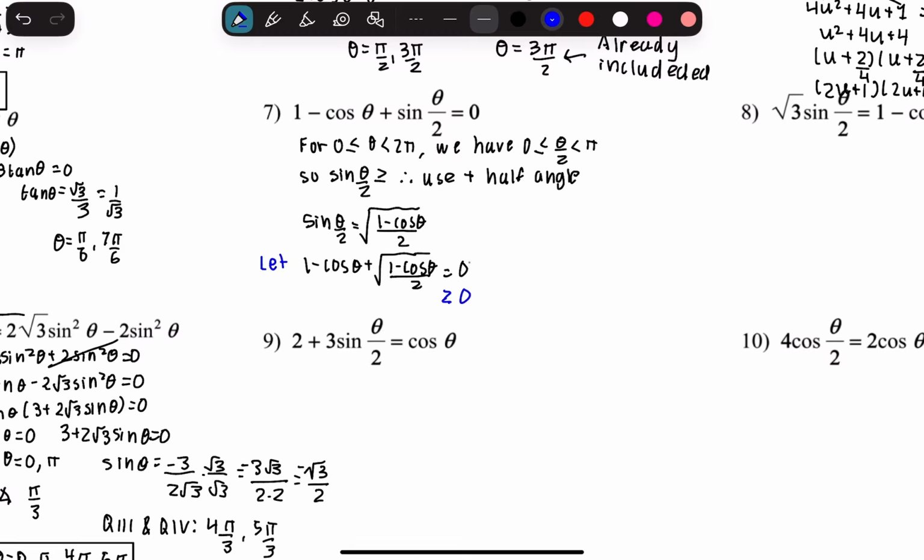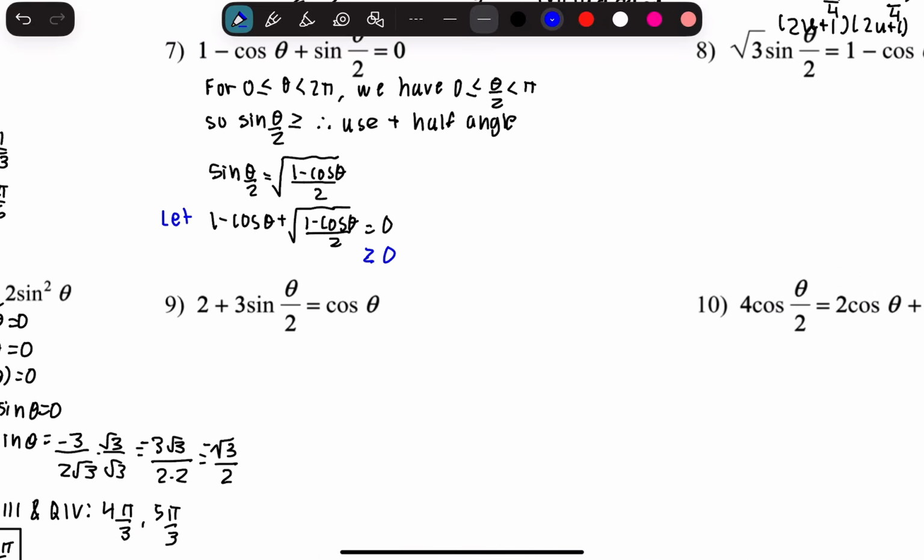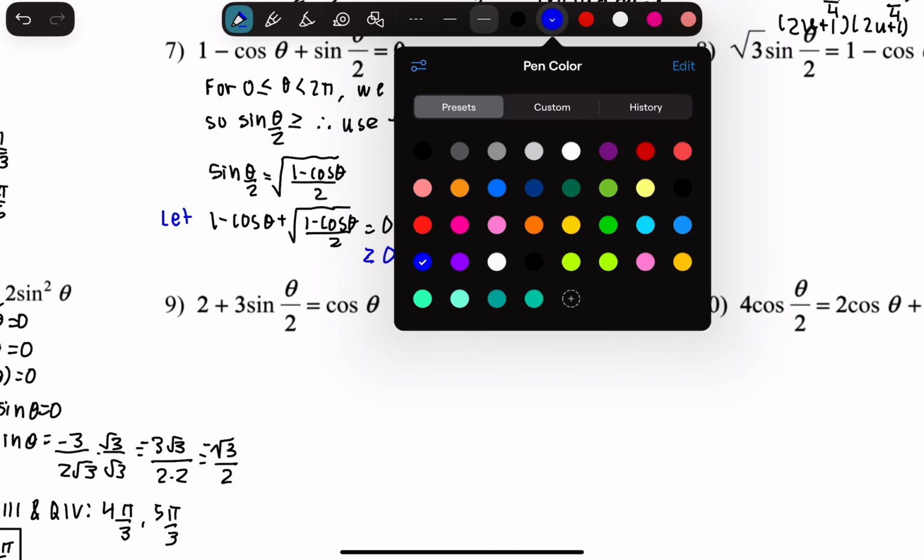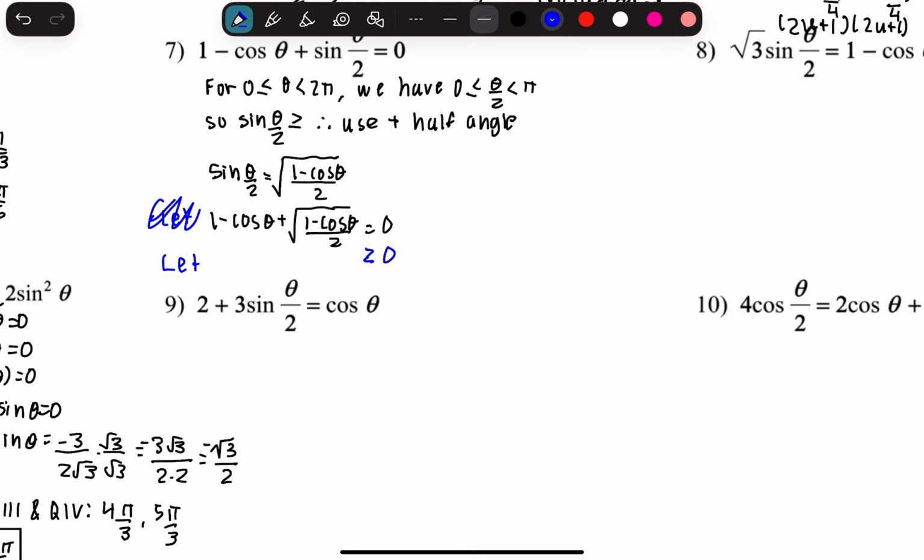Basically, we're going to say that. That means that, I'll just rewrite this down here: 1 minus cosine theta plus 1 minus cosine theta over 2 is all going to be greater than 1. So then, because we know that, we know that 1 minus cosine theta is going to be 2u